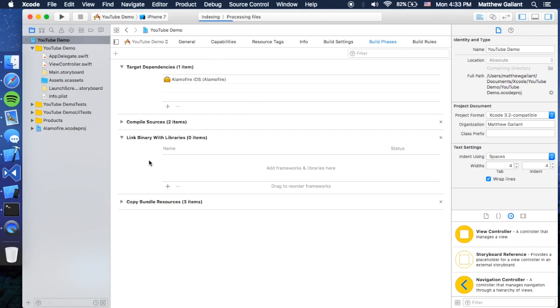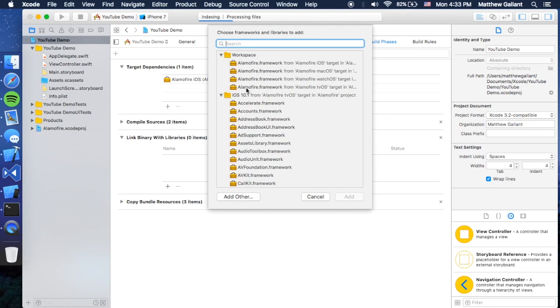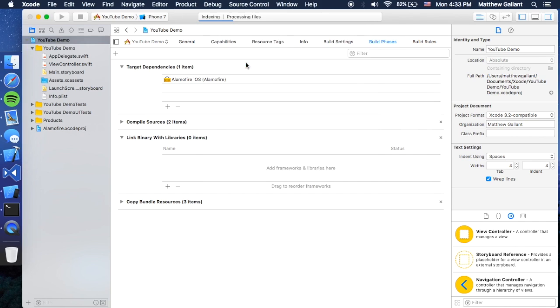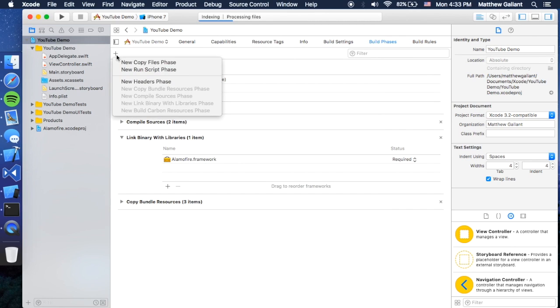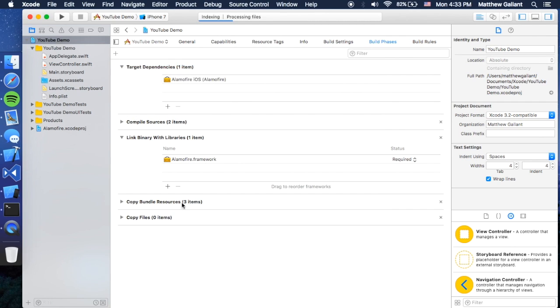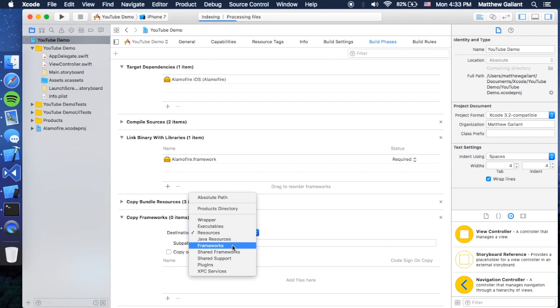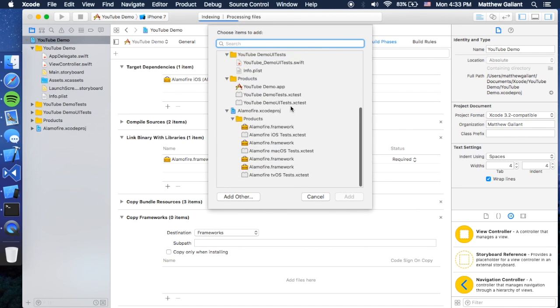And then we're going to click on this, and do the same thing. We're going to choose iOS, and then create a new copy files phase. We're going to name it copy frameworks. Okay, and under frameworks, add one all the way down here,